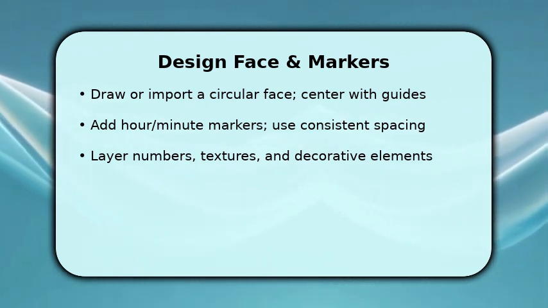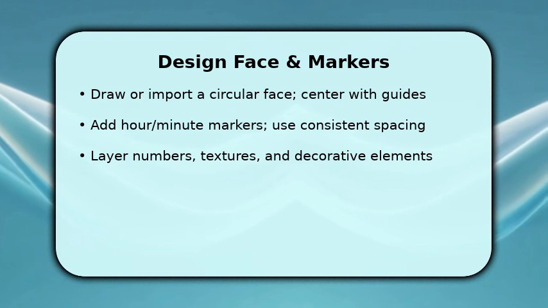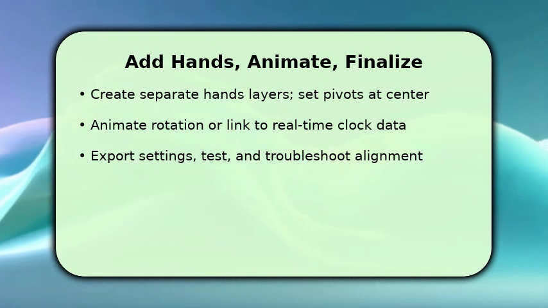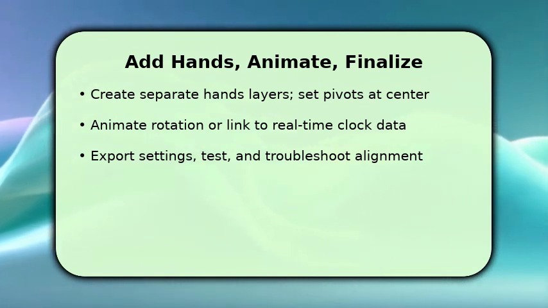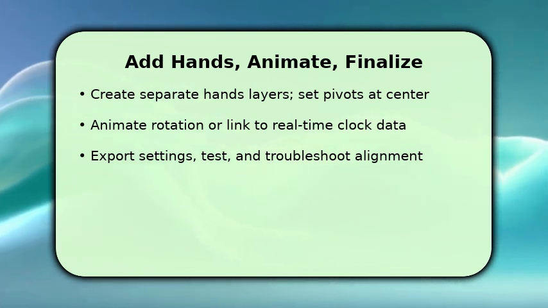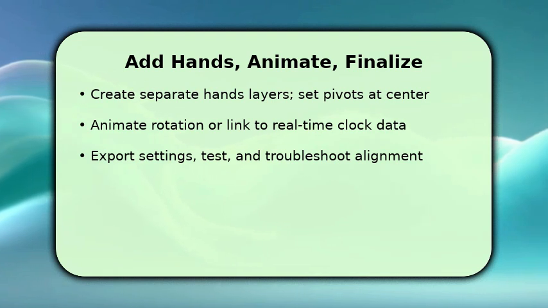Finish by creating separate hour, minute, and second hand layers, and set each pivot at the exact center so rotation looks natural. Misaligned pivots cause wobbly motion. Then animate rotation manually or connect to real-time data if the app supports it, making sure durations and easing give